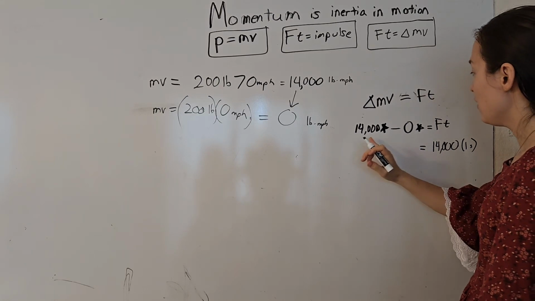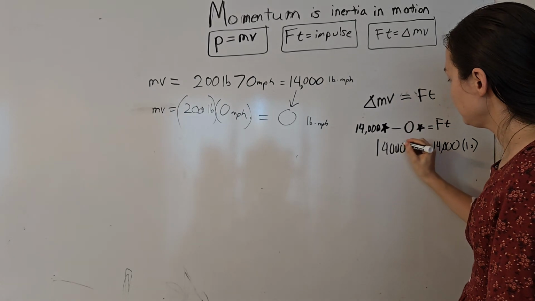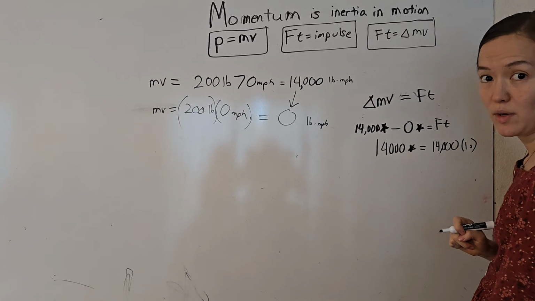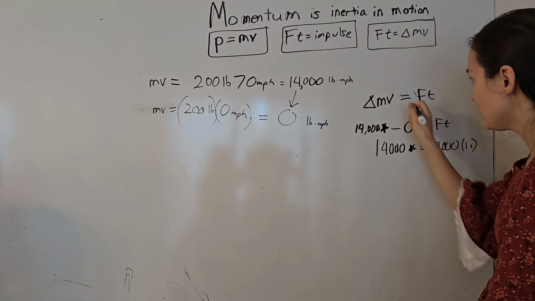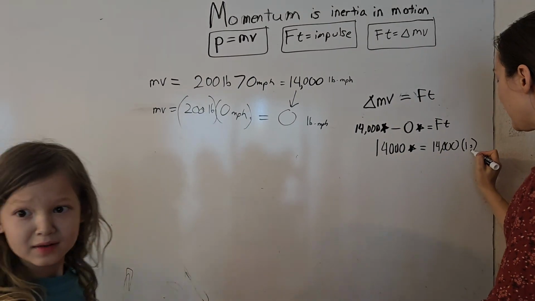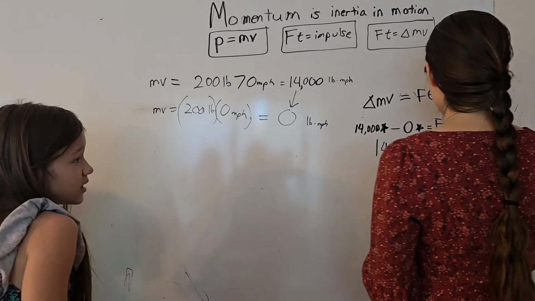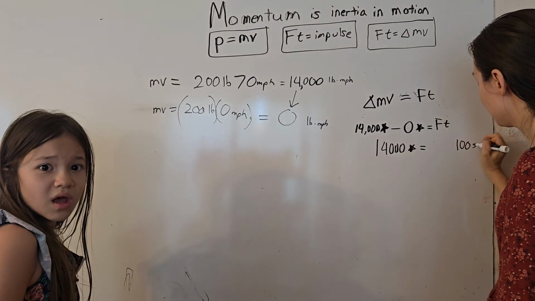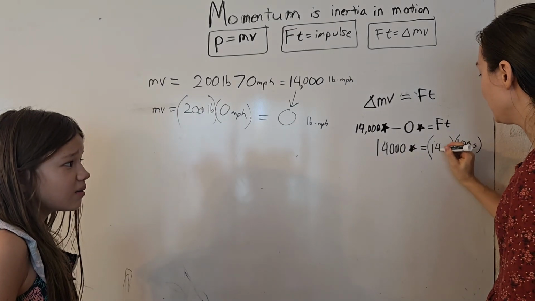Okay. So now you've got 14,000 units on this side. That was his change in momentum. It will be 14,000 units of force times that 1 second. Now suppose the guy stops in 100 seconds. Okay? So this is fixed. His change in momentum is fixed. You got 14,000, but instead of the time only being 1 second and there being 14,000 units of force, now he stops over the course of 100 seconds, and now you've only got 140 units of force.